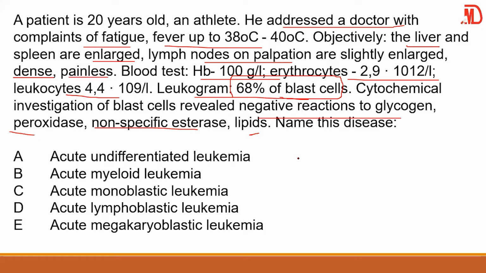But then again, for us to have a lot of blasts like this, it means that these cells have not even undergone differentiation. If they had undergone differentiation, the blasts wouldn't be this many. So over here, without wasting a lot of your time, simply we are looking at an acute undifferentiated